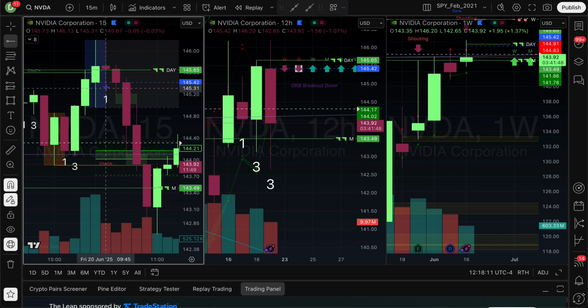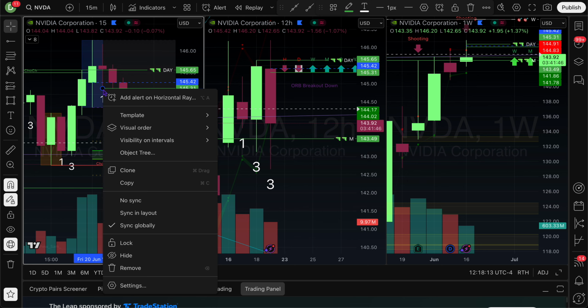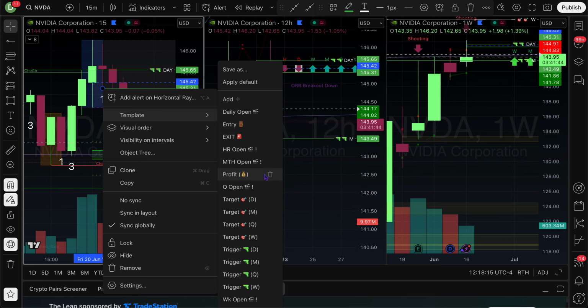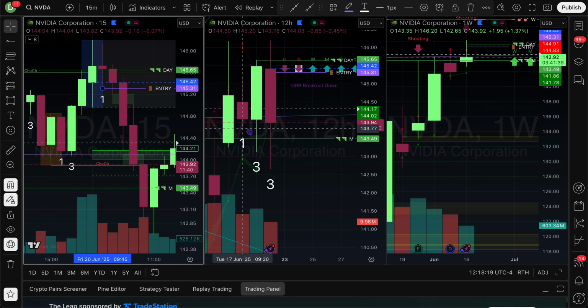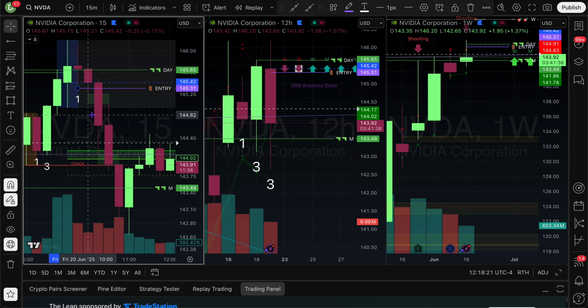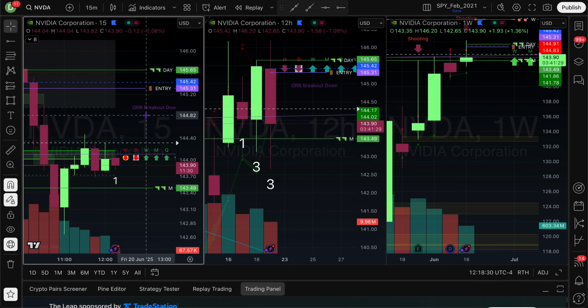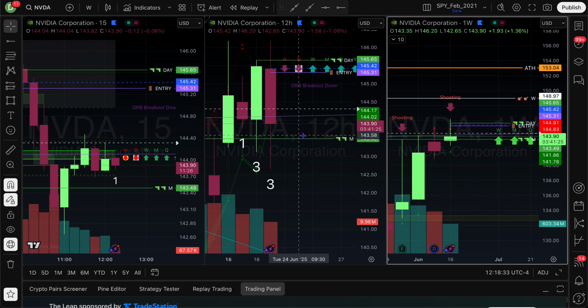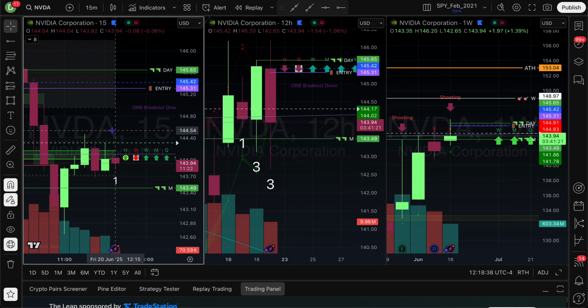So if this is my trigger, okay, what was I wrong about? I was wrong about the long. So what do I have to do? Let me mark this entry. What do I have to do? I need to flip short or I need to walk away from the trade. So I flip short. So I was wrong initially and now I'm right. I shorted. Okay, great. But let's also talk about why do I want to long NVIDIA, right? If I have an understanding of why I want to do that, then I can see and I can know when the reversal is happening, right?